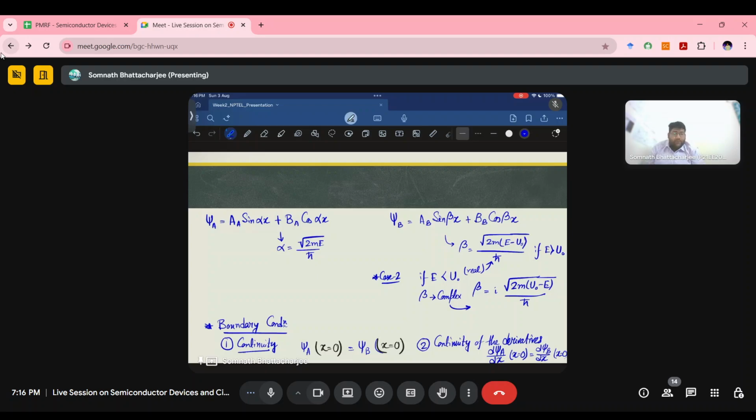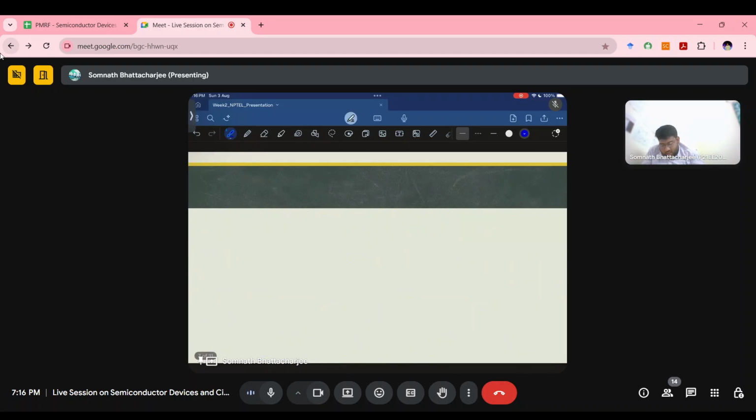Apart from that, we need some more boundary conditions. So here we have considered a special boundary condition known as Bloch's condition